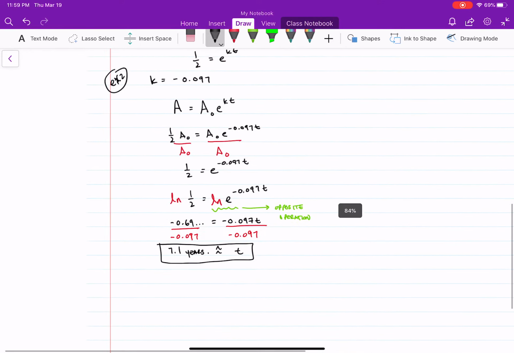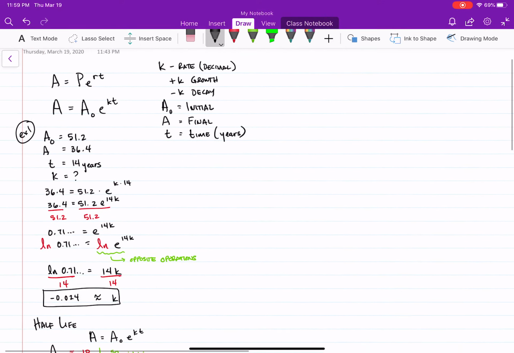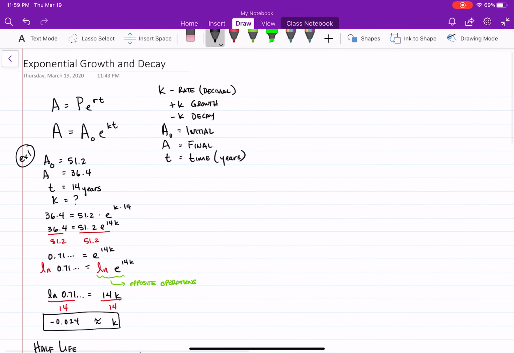Okay, so those are the only 2 examples I wanted to show you coming to exponential growth and decay. And guys, if you have any questions, you know